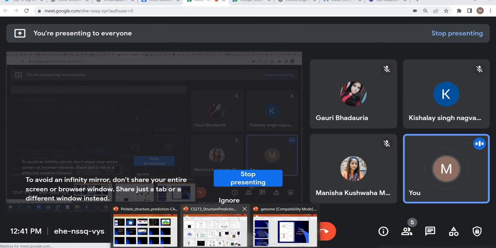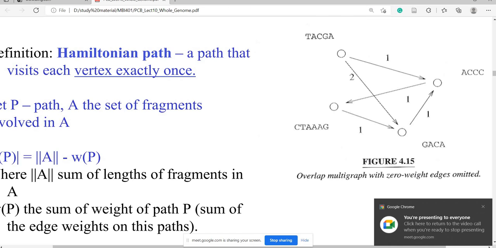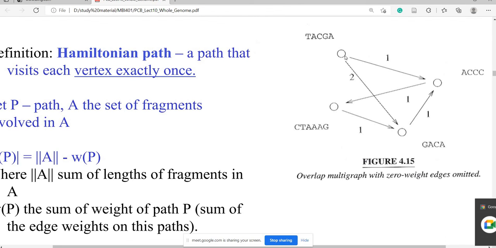Okay. Yes, ma'am. Okay. So now you can compare TACGA with GACA. So how many residue are same in this? GA is also present here, and GA is also present here. Okay, so there are two match, so 2 is written here. Okay,